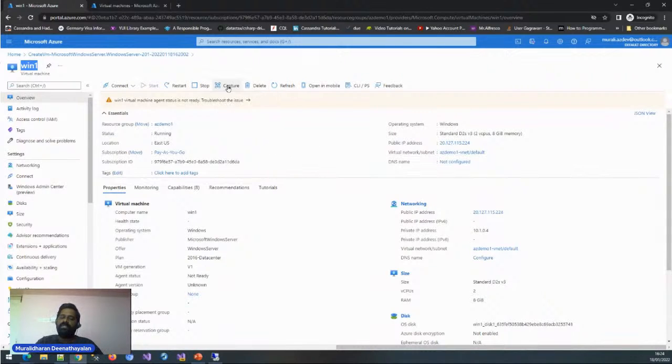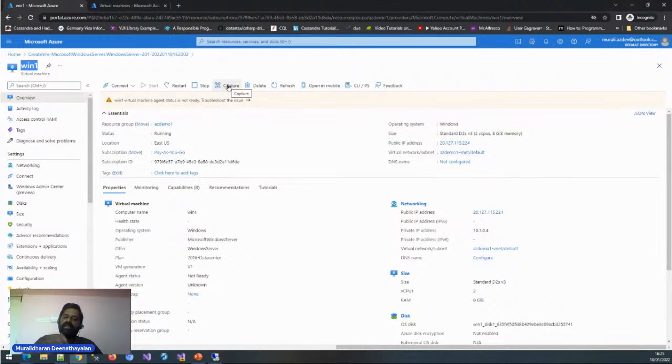So this capture is used when you want to create a kind of template for a particular virtual machine. For example, I'm creating virtual machines for all the computer science department students. What I will do is create one machine with all the software installed and configured. Once the virtual machine is up and running and everything is validated, I can use this capture option.